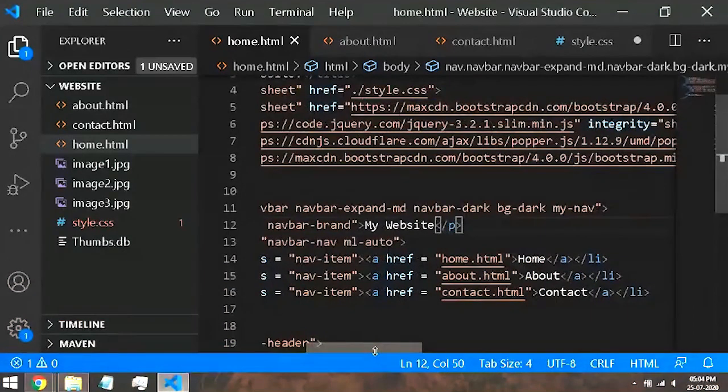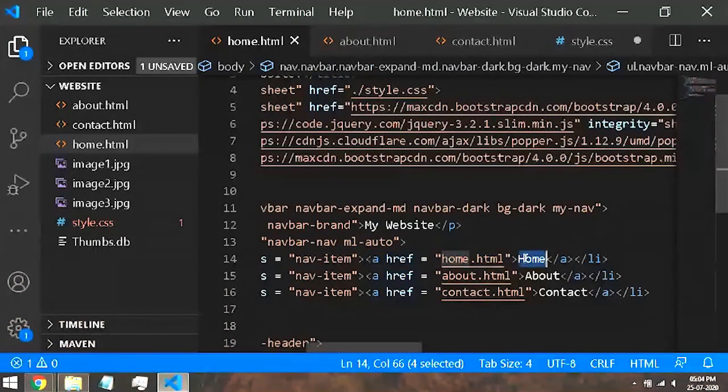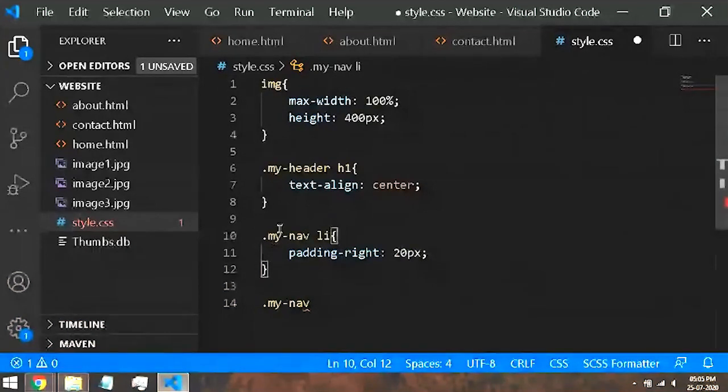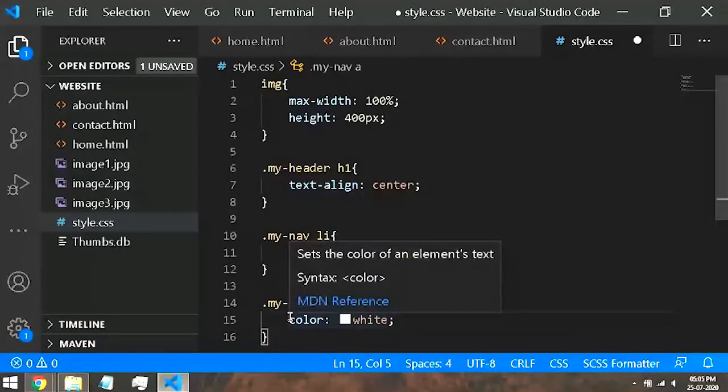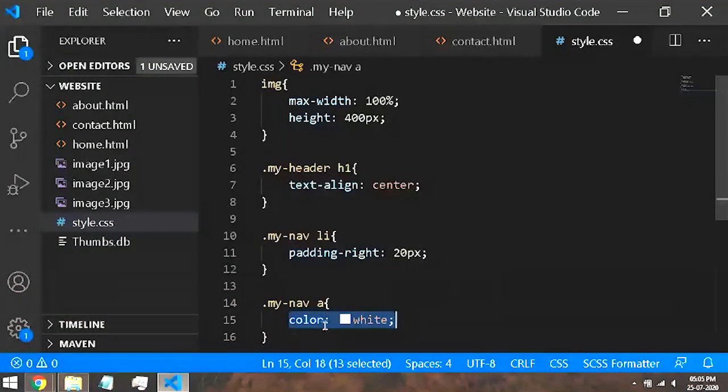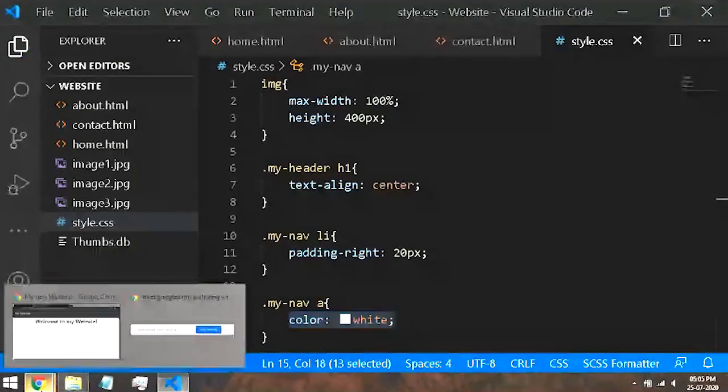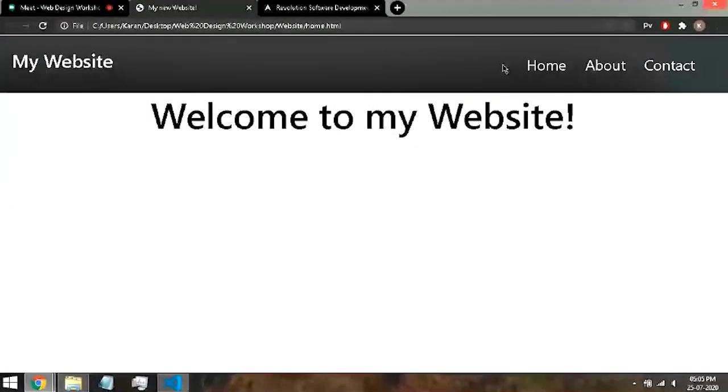But as you noticed, after adding the a tag, the color was added to this list item. So we can't just say color on this element. We have to say it to the anchor tag, because that is what is changing the color of it. So I'll just say color equals white. Just as simple as that. Whatever you want to do in CSS, most of the things are written in basic English. So if you want to do something, just specify that. I want to change the color, I'll say color colon white. That's it. Now if I hit save and refresh, the color was changed to white.